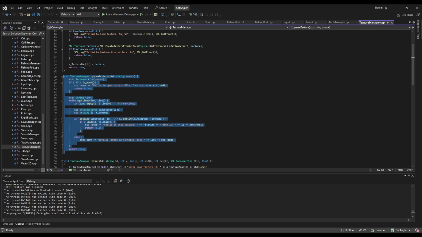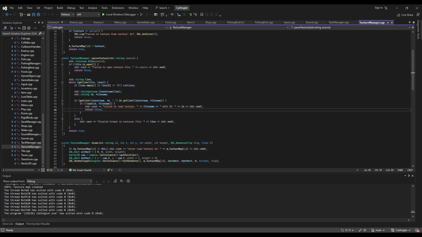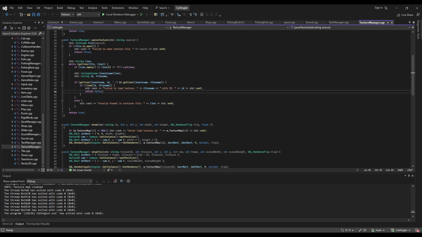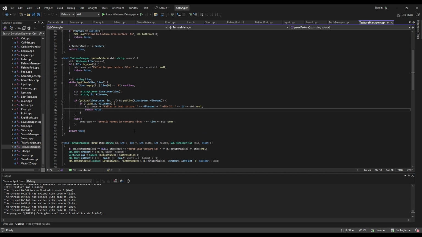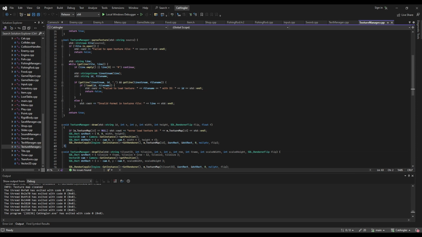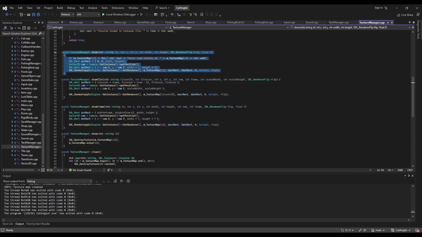texture IDs and the folder, the path to that texture, so it's easier for us to store the texture. We don't have to put all the paths here, just put it in the file and it will load from the file to the texture ID vector. Here is the draw function for the texture. We have different draw functions like draw each frame, just basically draw and draw type. It is not the same,